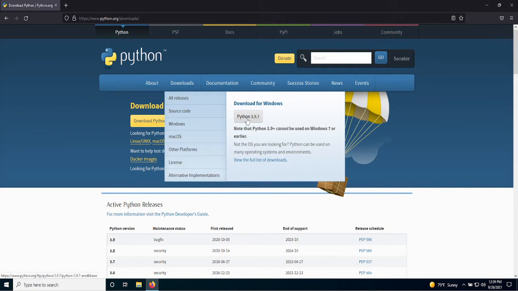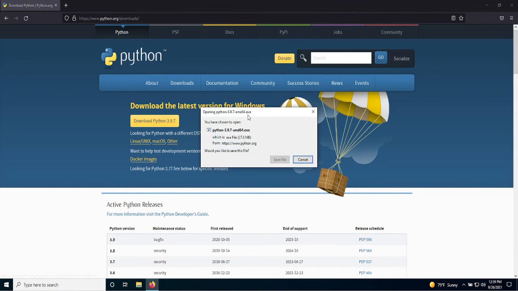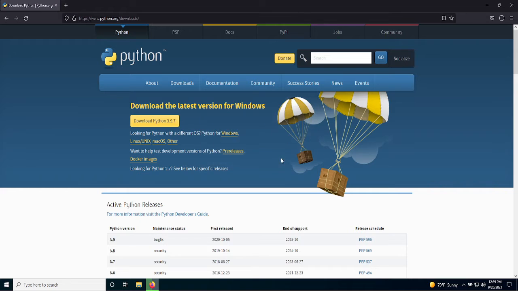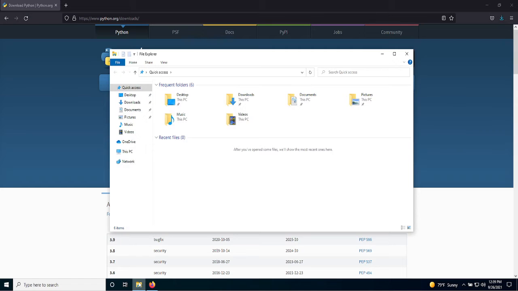Then what you're going to want to do, the latest version is 3.9. So what you're going to want to do is double click. You're going to want to save the file. It downloads pretty quick. So then what you're going to want to do is go over to your File Explorer, go to Downloads,